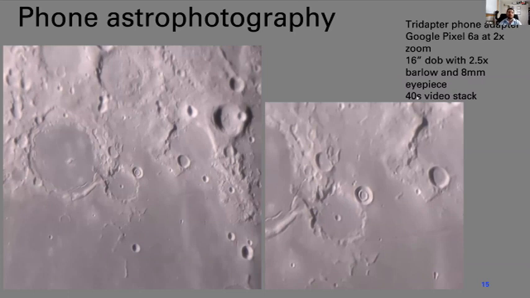And this was a single 40-second stack of videos that I then ran through my usual processing software for planets, which I'll detail later. I used AutoStakkert and Registax. And that was it. No additional processing. I just cropped it and pasted it over here.